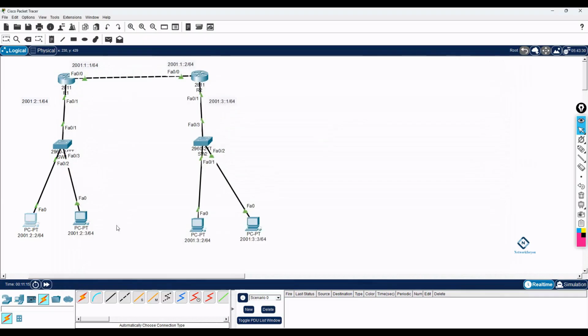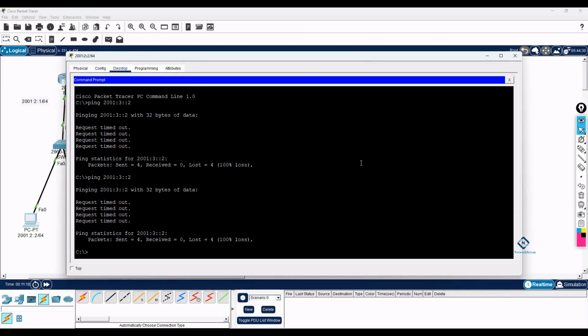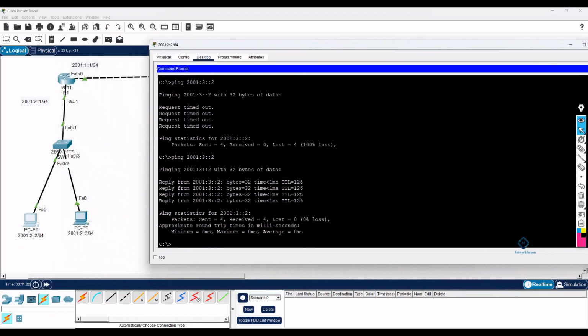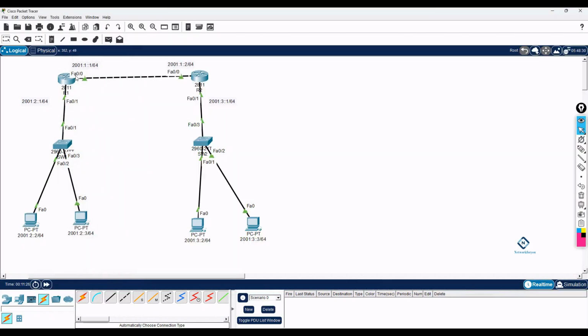Okay, now let's try here. Before it was not working, now it should work because we have the gateway, and you can see it is working. So we configured RIP and they are communicating. So RIP is done. Now I can remove the